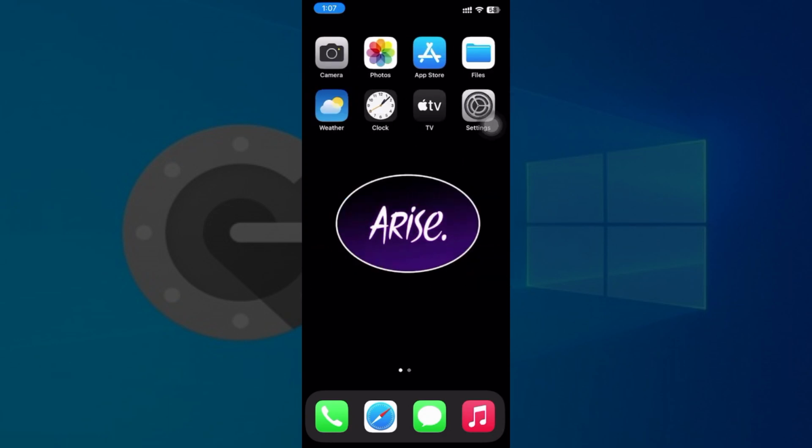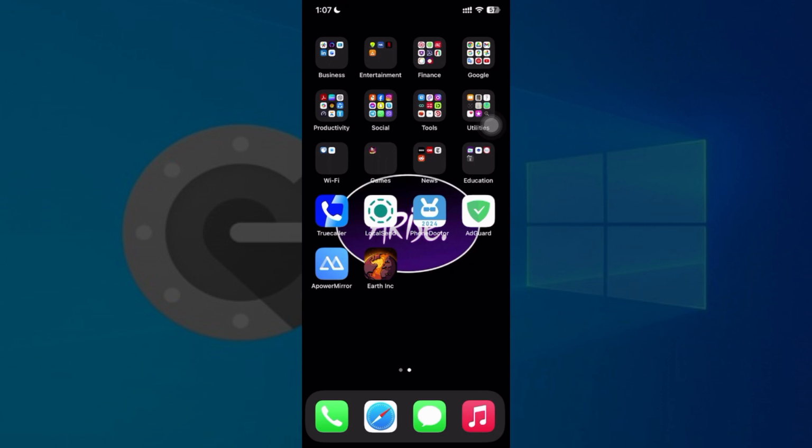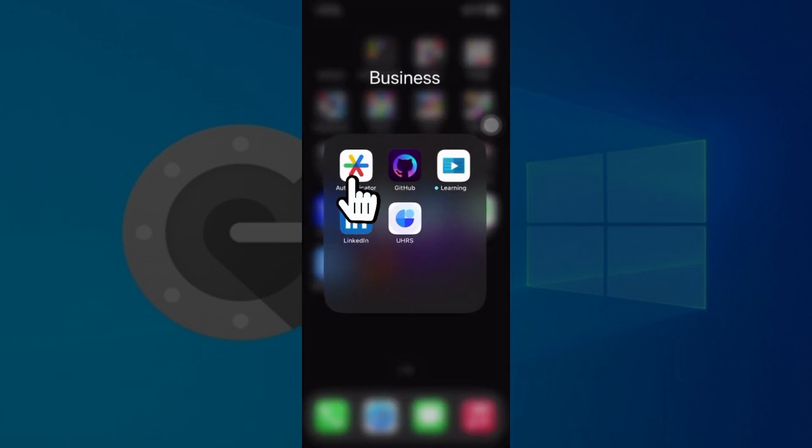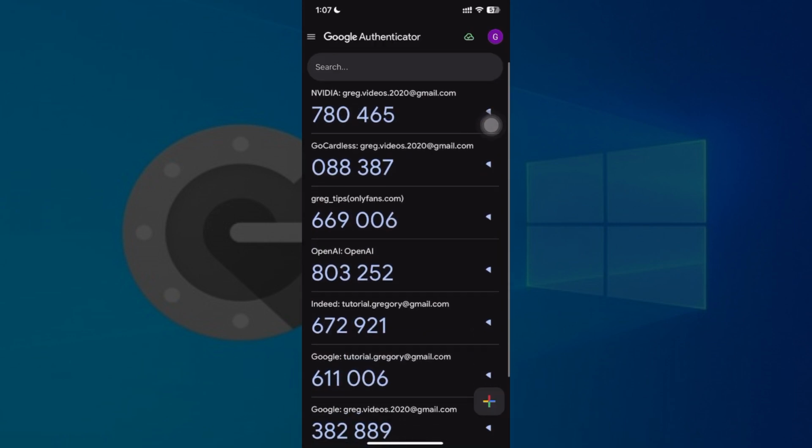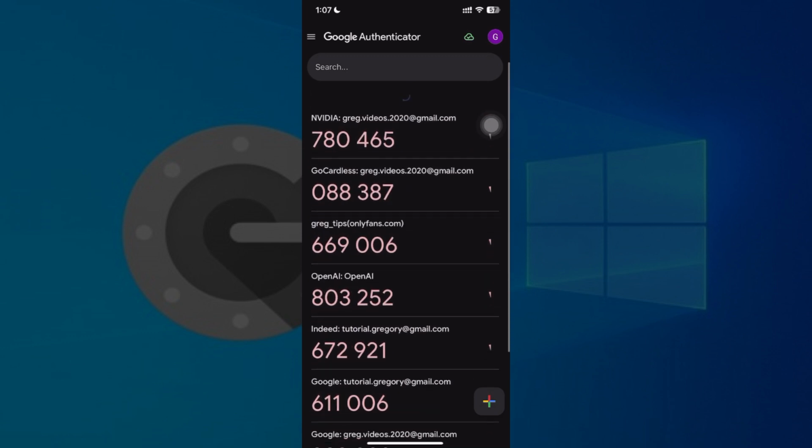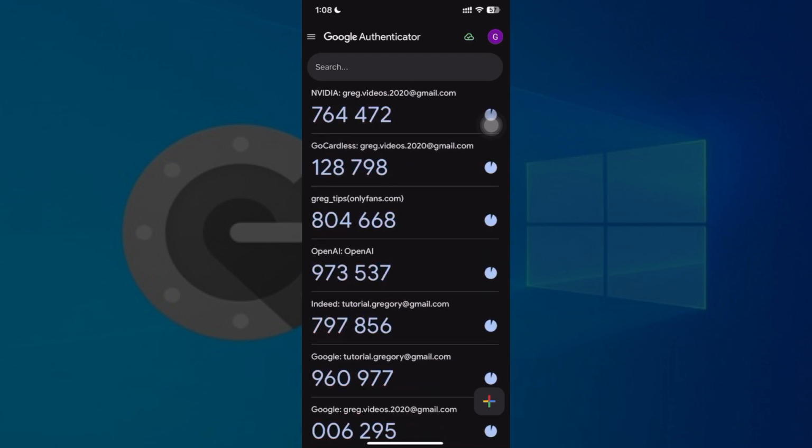In this tutorial, we're gonna look at how to import codes in Google Authenticator. Now let's begin. Right here, I'm simply gonna open up the Authenticator app in my mobile device. Right here is Authenticator. I'm simply gonna click on it. Well, as you can see, there are multiple accounts connected to my Google Authenticator. In case you have any issues regarding this, we have created a detailed video regarding what to do and what